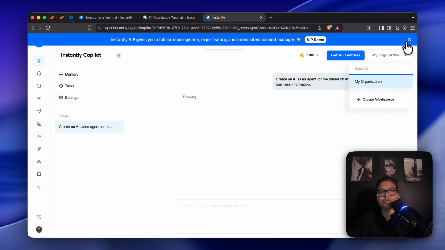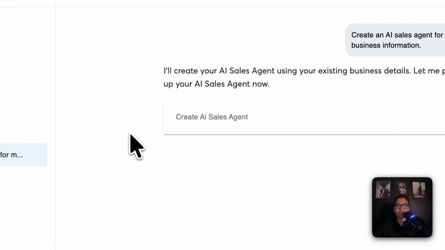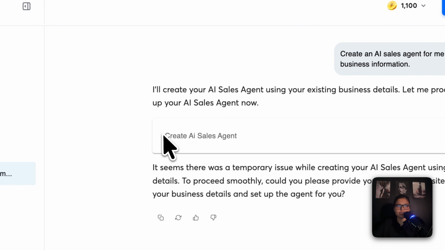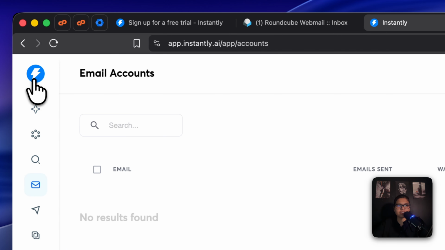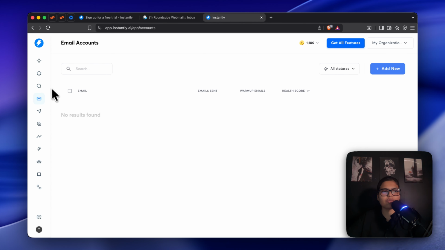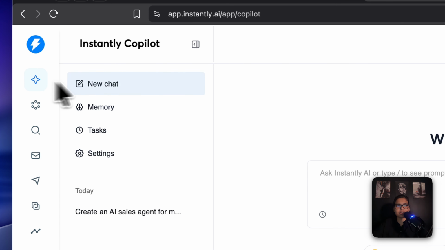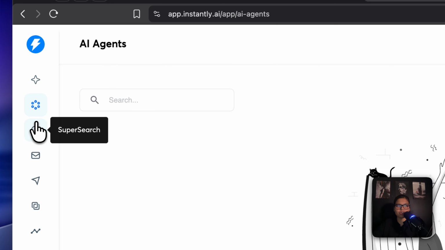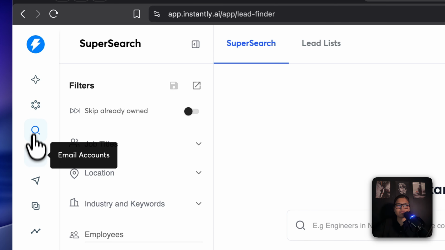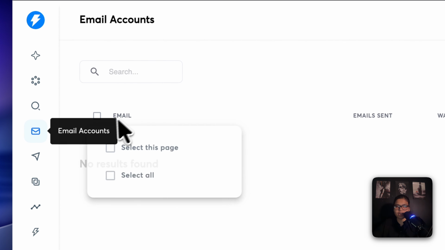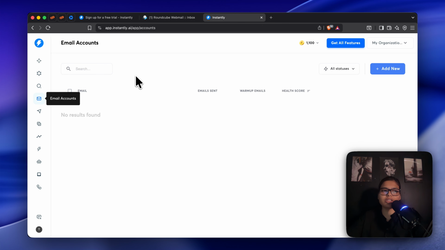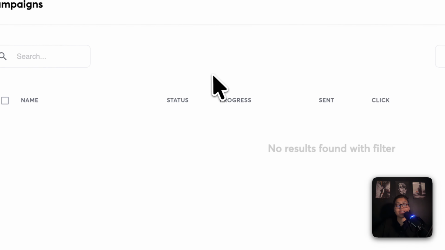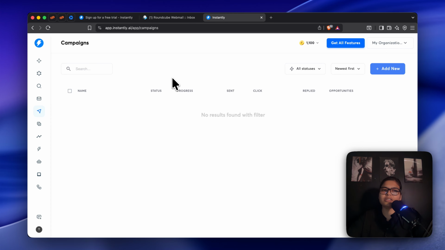Now it will take you to some fancy things, but I'll tell you where you have to go. You don't have to look further into it. You just simply come to the home page. This is the first thing that will open once you come to Instantly. There are these other things on the left side as well. You don't have to look at Instantly Copilot or Instantly AI agent or Super Search and things like that. You just simply come here for adding your email accounts using which you are going to send your emails. You can come to campaigns to create campaigns so that you can basically reach out to